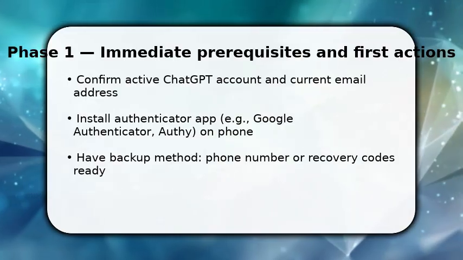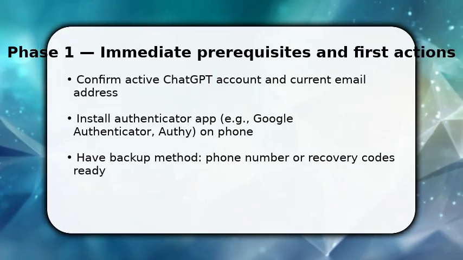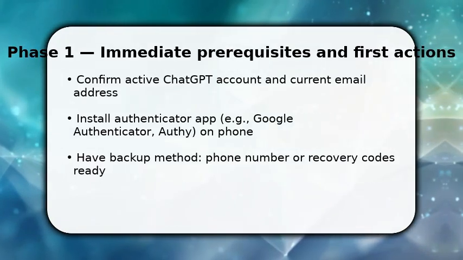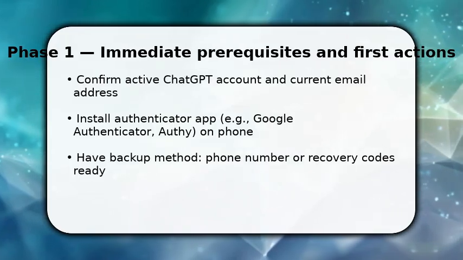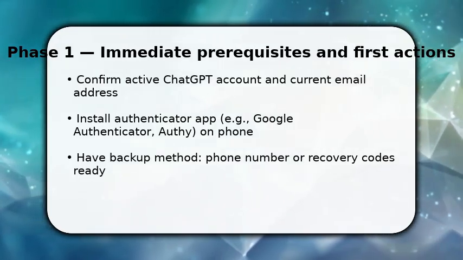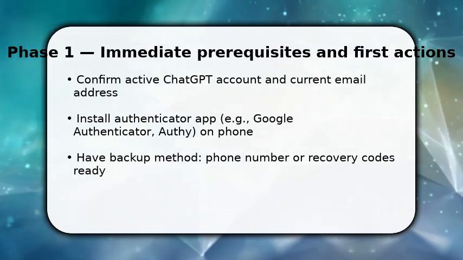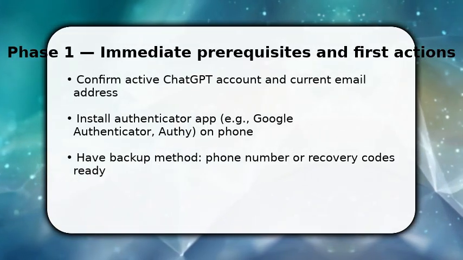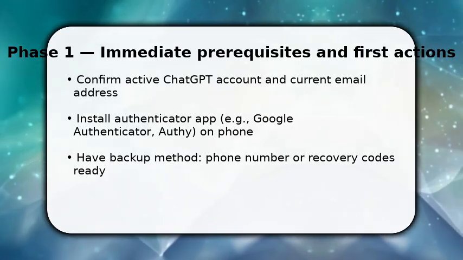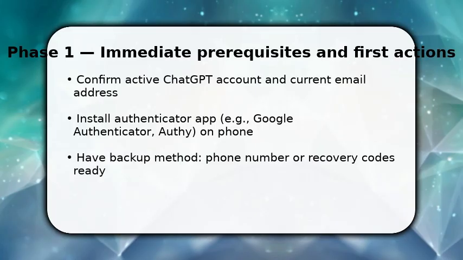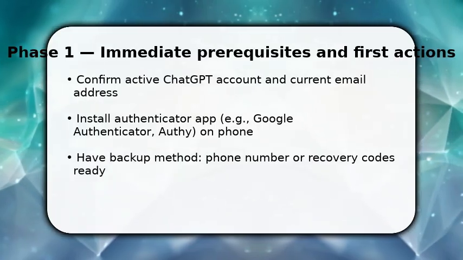You'll start by confirming prerequisites and taking the first actions now. Open your ChatGPT account settings, then navigate to Security to begin. Make sure your email is verified and an authenticator app is installed on your phone. This app will generate codes. Once done, select Multi-Factor Authentication and choose Authenticator app. You're not finishing setup yet, just connecting the app and account so you can scan the QR code in the